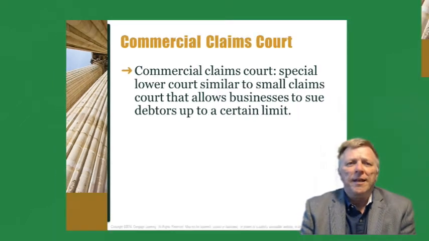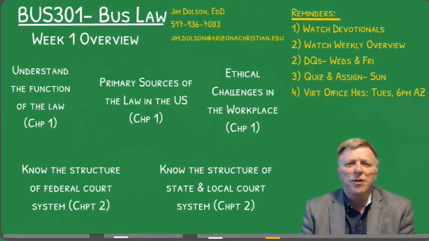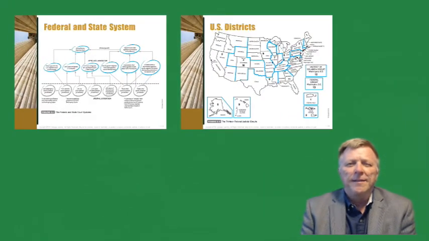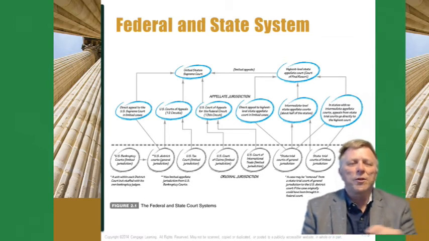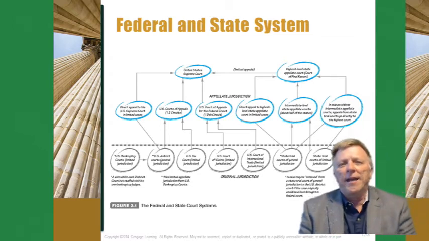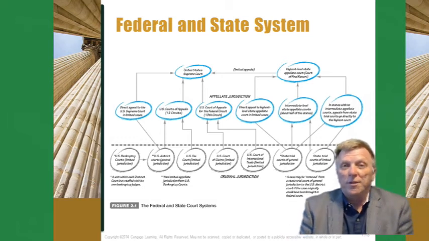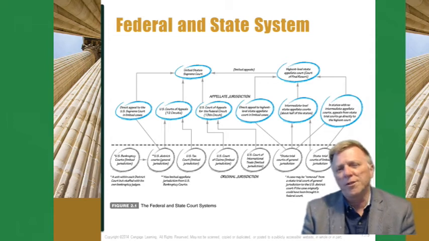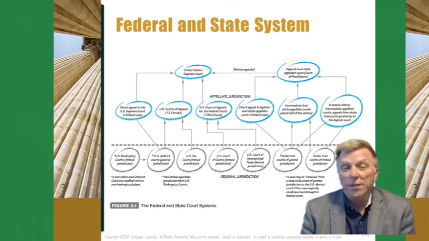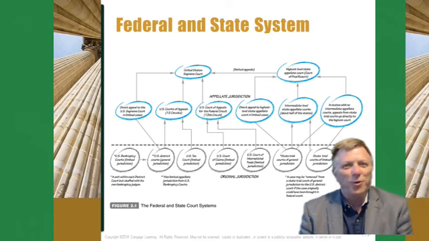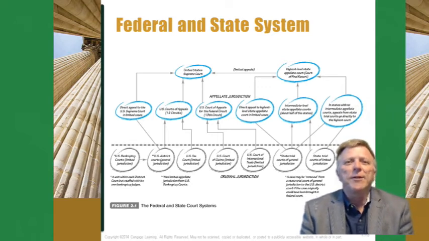All right, let's look at our last topic, the structure of the federal court system. And this is kind of a busy chart. It's in your book. Make sure you check it out. But there's all these lower level original jurisdiction courts. And then the next level up is the appellate courts. And then above that are the final terminal courts that you can go to. To the far right in the corner there is usually your state Supreme Court. And then to the far left, well, I guess into the middle there, is the Supreme Court of the United States. Once it gets there, it's done. So if they don't rule in your favor, it isn't going to happen. But anyways, check that chart out.